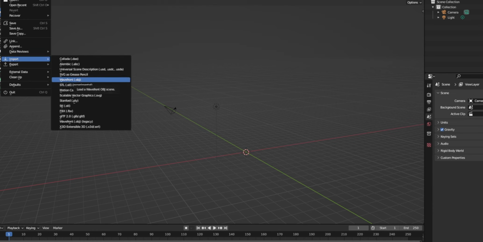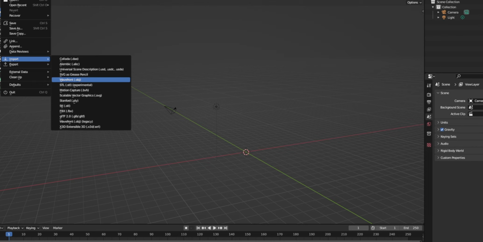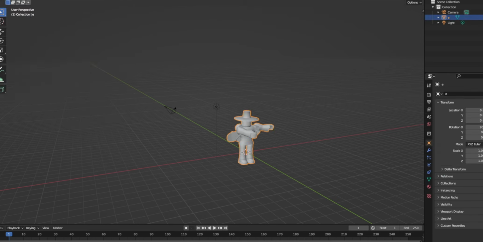I'm not going to press it again because I don't want you guys to see my files, but you want to go here and import Wavefront .obj. Go to the same place that you left the file, and once you open that, then your character should spawn in. Okay, so here's my character. And by the way, real quick, make sure when you find your character, there will be